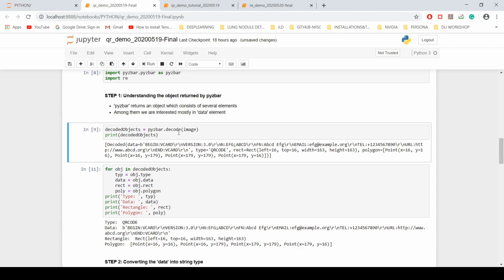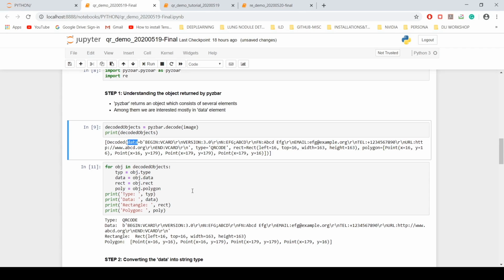abcd.png. So now the PyZBar.decode method returns a decoded object. You can see that here there are several fields like data, type, and polygon, and some points. We are mostly interested in data part, data field.